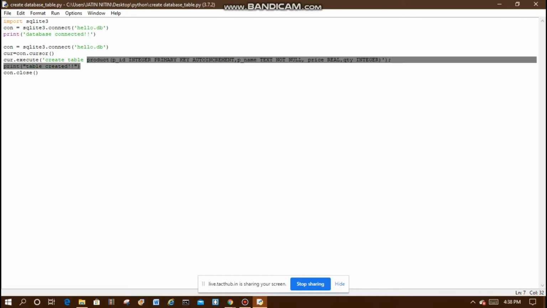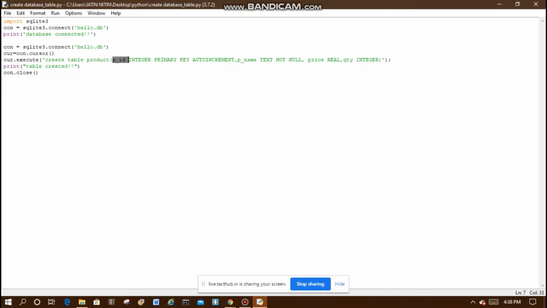The table name is product, where PID, product ID, is of integer type and it is taken as a primary key, and it will auto increment. It means it acts as an ID which is incremented by 1 when we insert another product. The second column is product name, which is of text type, and it should be not null.